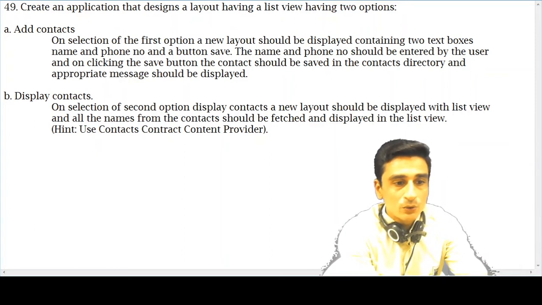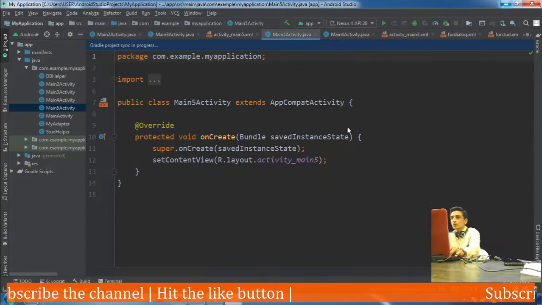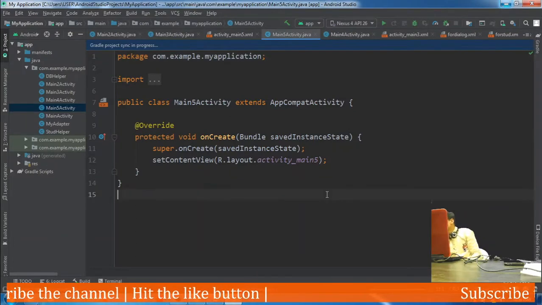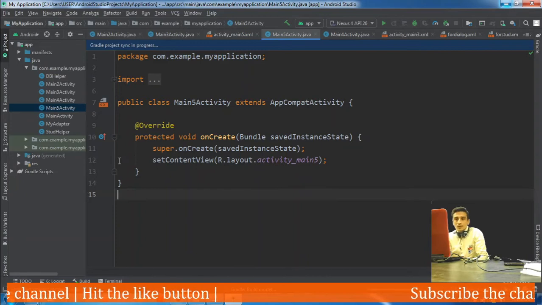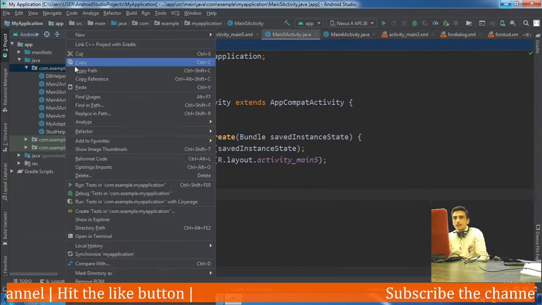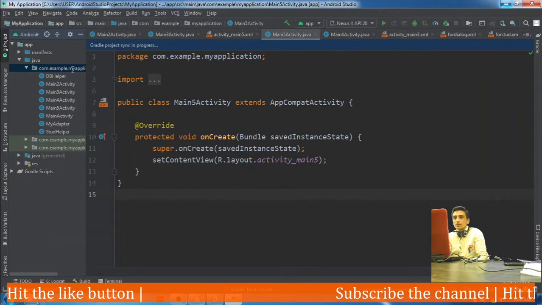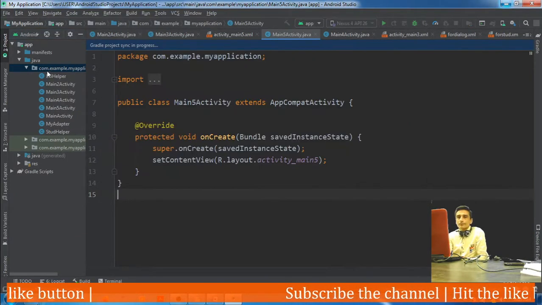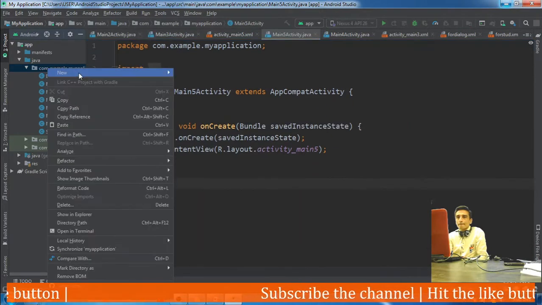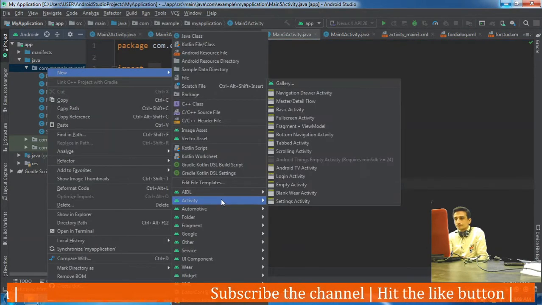Here again a new layout should be displayed. So it is up to us how we want to open that layout, whether we want to create a new activity for each layout, meaning three activities: one for the home activity and the other two, one for displaying and the third for adding the contact. Let's move.